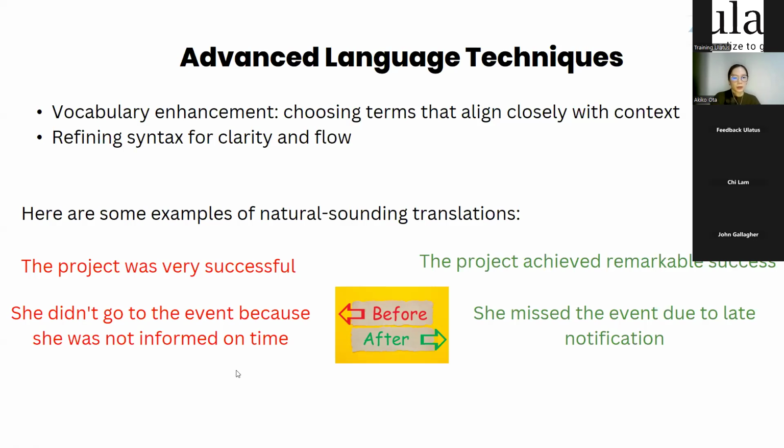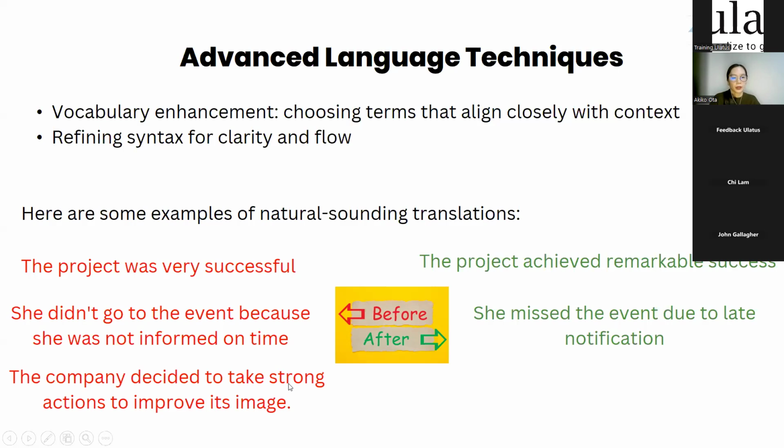How about this third example here? The company decided to take strong actions to improve its image. Let's see if we can make some changes in idiomatic expressions.